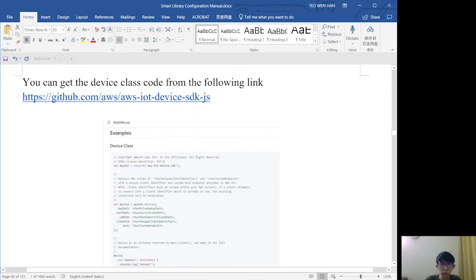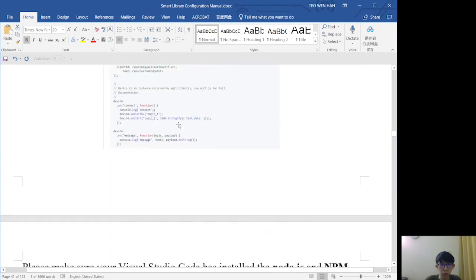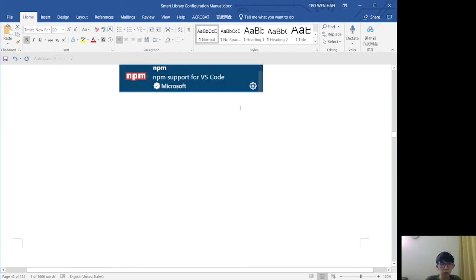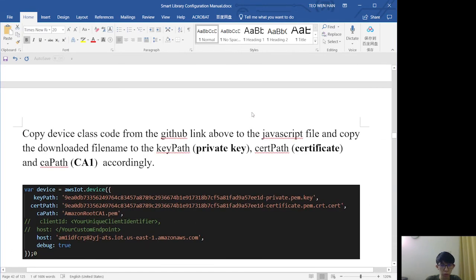And then we need to go to this website to copy the device code file for creating the IoT SDK. Make sure Visual Studio Code has these two extensions installed, because later we need to do some configuration.